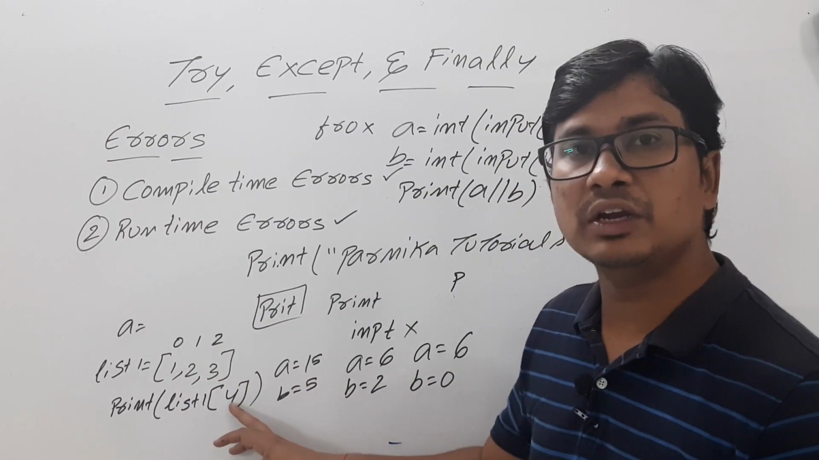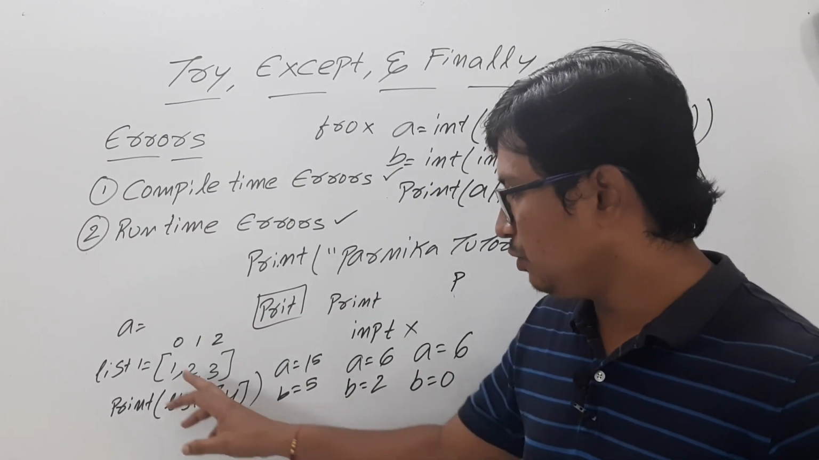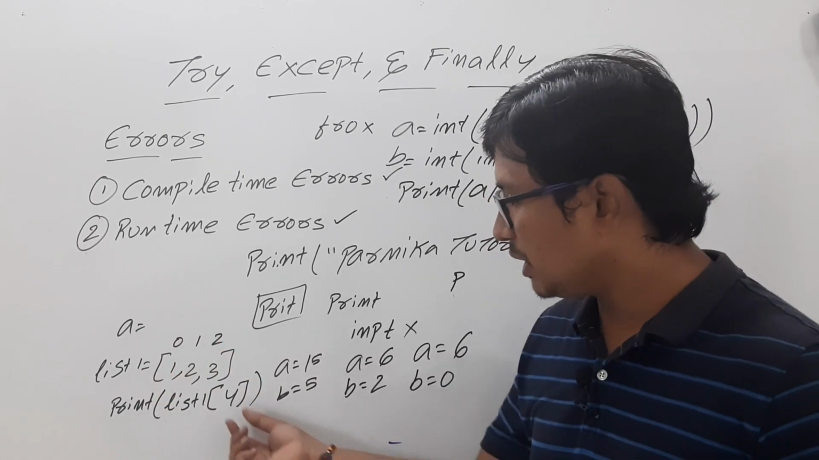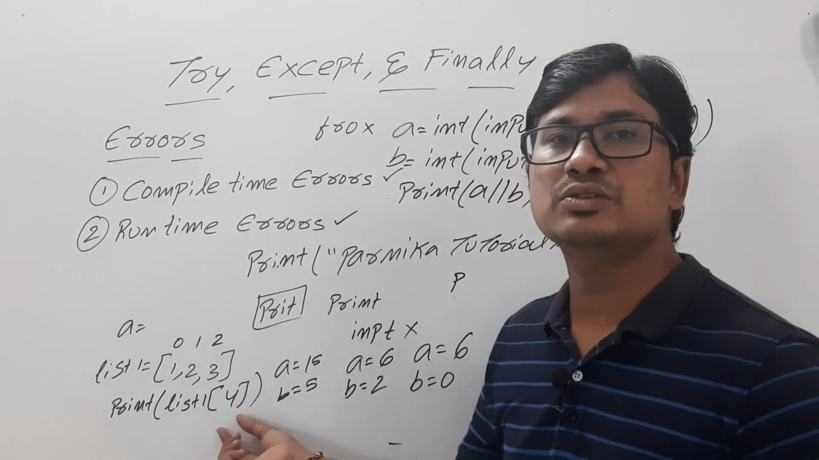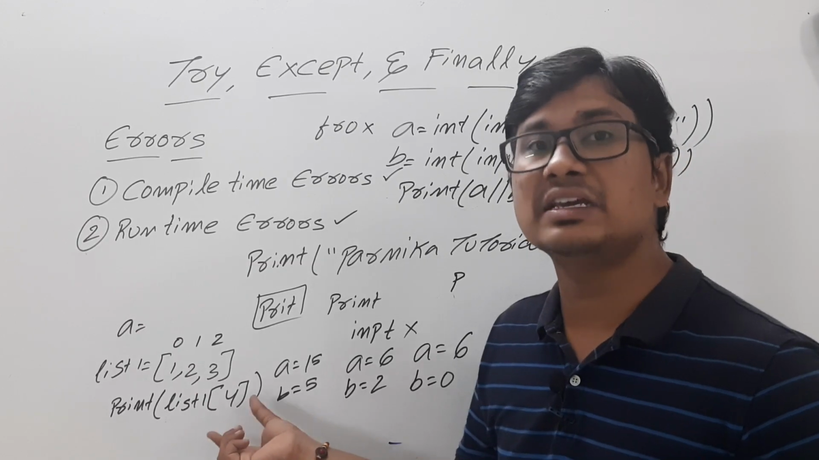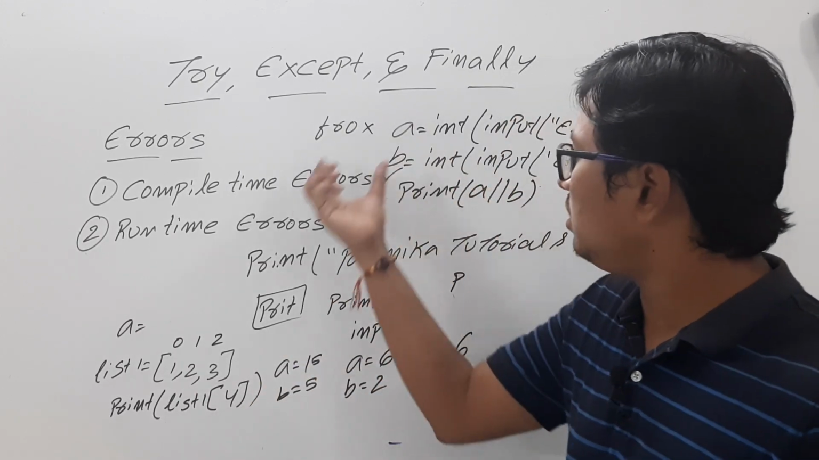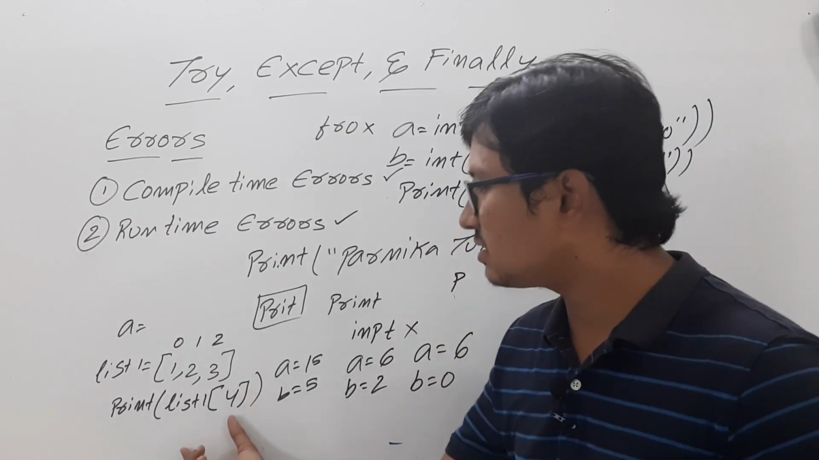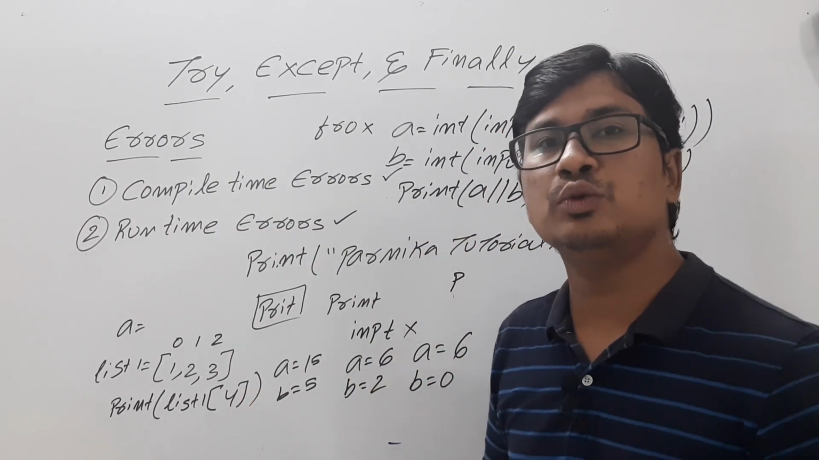This kind of error we'll call an index error. You are supposed to give an index from 0 to 2, but you have given one out of range. So such errors we will call index errors. These categories, like zero division error, value error, index error, and even, let's take that you want to open